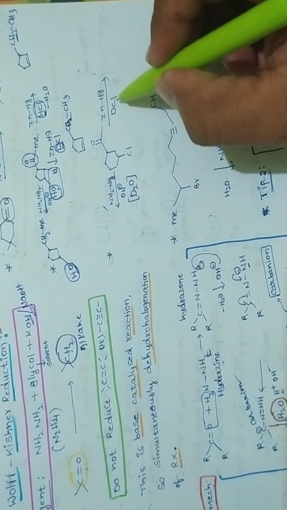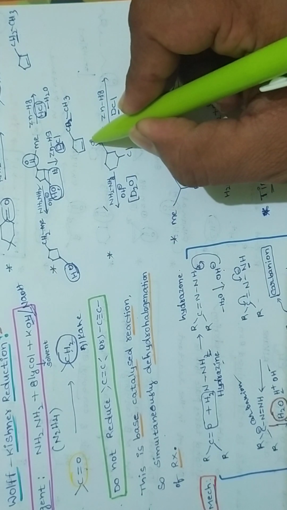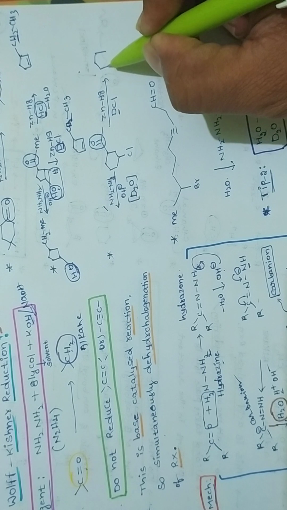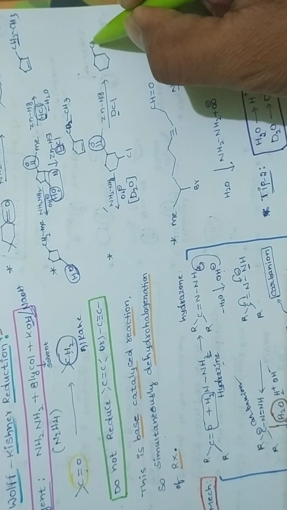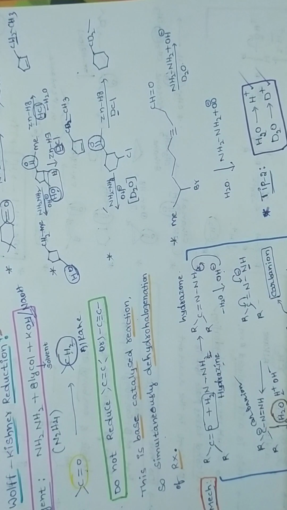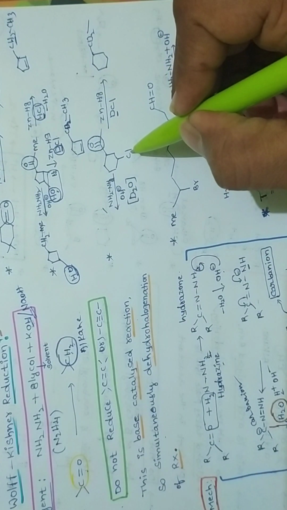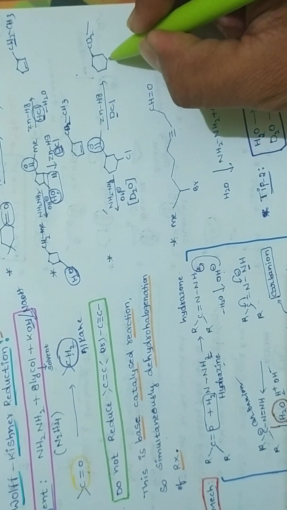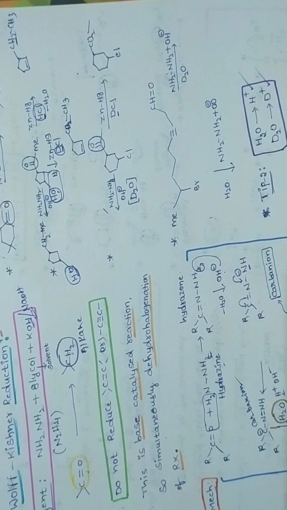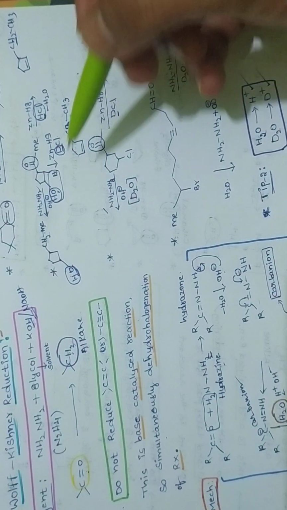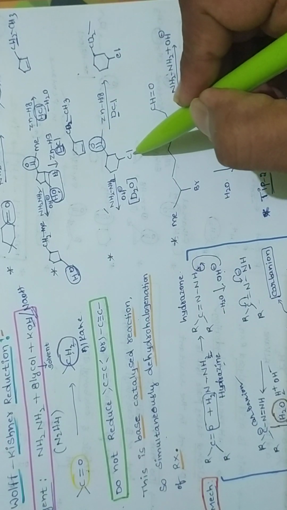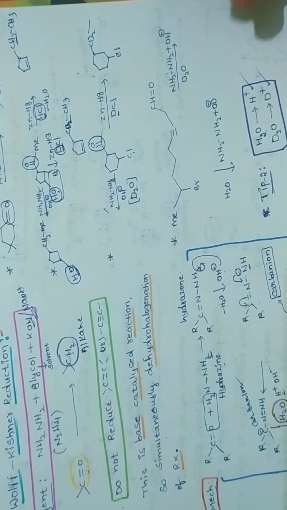Next, see now here in the Clemmensen reduction reaction I gave DCl. DCl means the CO group is converting into what? DCl given, and then CD2. This we are writing. Now this is Cl. This is also acidic medium, so no reaction. So therefore Cl is as it is present. In the Clemmensen reaction, if OH is there it will undergo dehydration. But here a halogen, an alkyl halide, is given, it won't react. So Cl is as it is present.